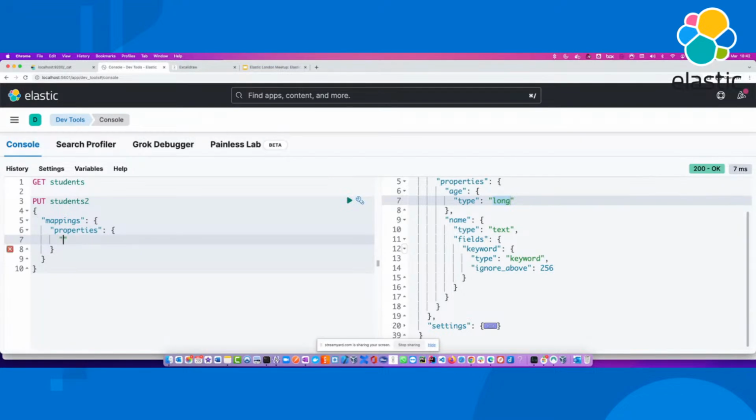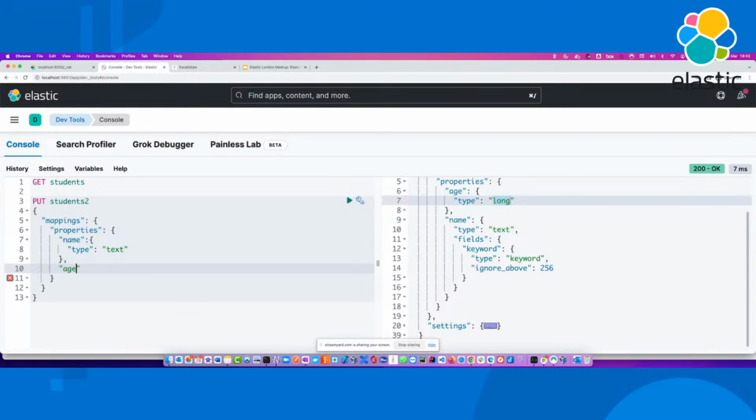Inside the properties, my first one is name, and the type is going to be text, because text is one of the most commonly used data types in Elasticsearch. It holds full text data, so it's kind of human readable text.